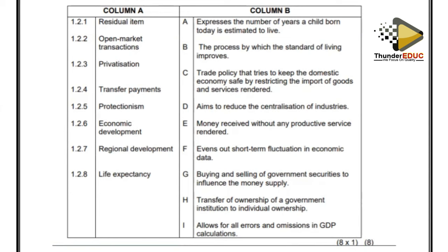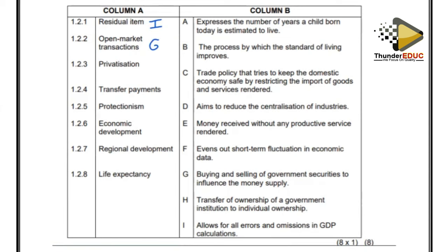Okay, right. So now residual item. The residual item that we have allows for all errors and omissions in GDP calculations, meaning the appropriate answer here is I. So we have open market transaction, buying and selling of government securities to influence the money supply. So this is our appropriate answer. Then